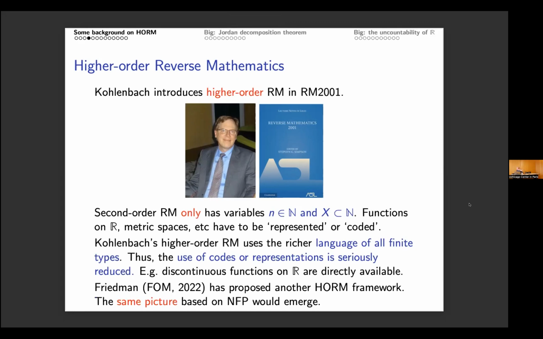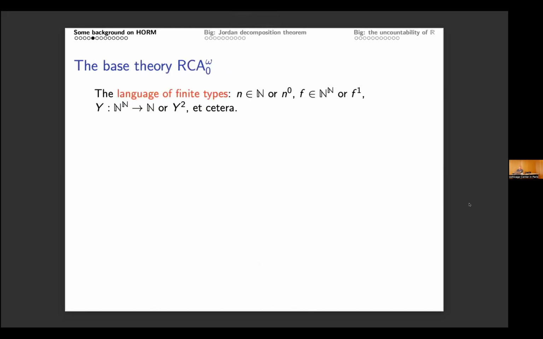And Harvey Friedman, in a lively FOM discussion, has proposed a different framework. You can use this framework, why don't you? But the same picture based on NFP would emerge. So Harvey Friedman's framework and Kohlenbach's framework will give you the same picture based on NFP. Yes. So, since you may not be entirely familiar with higher order reverse math, I'll discuss the base theory a